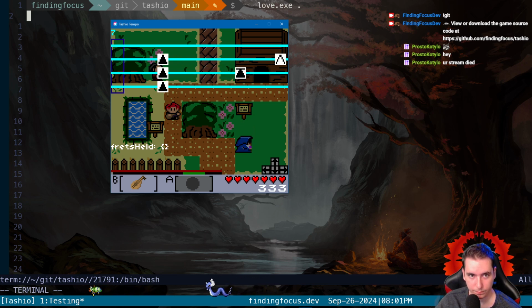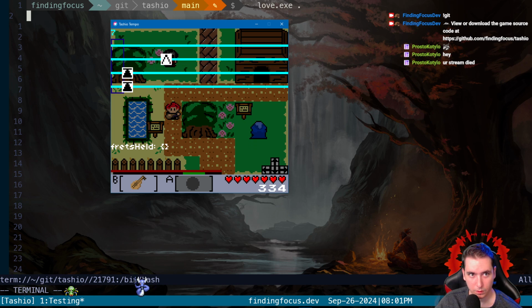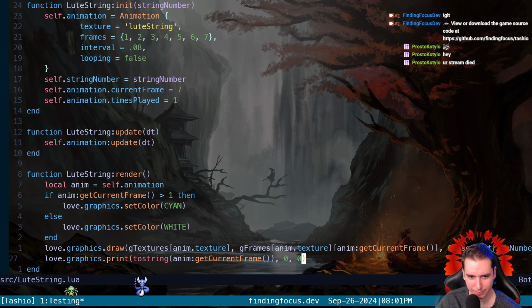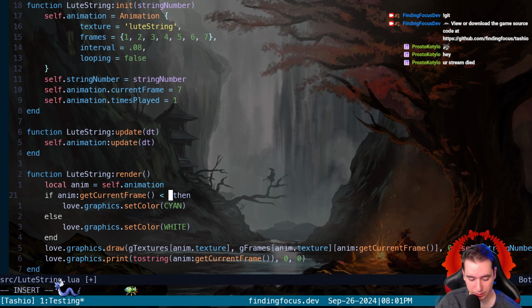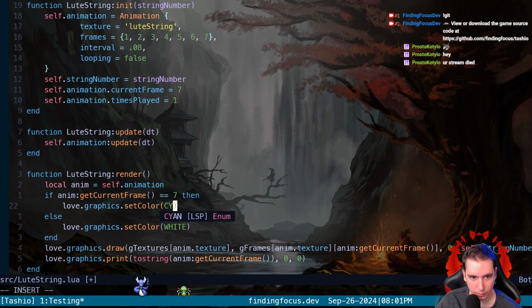Seven. Okay, so 7 is the default frame. Okay, so if the string is smaller than... okay, first we want to say, okay, if we're on frame 7, give us white, else give us cyan.